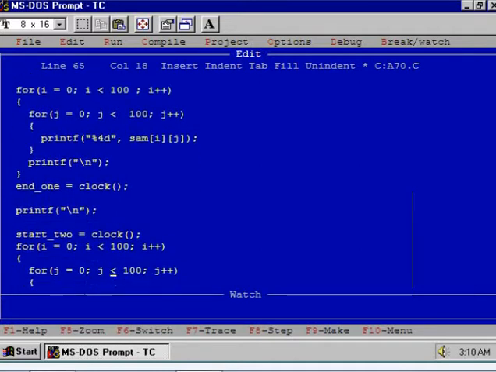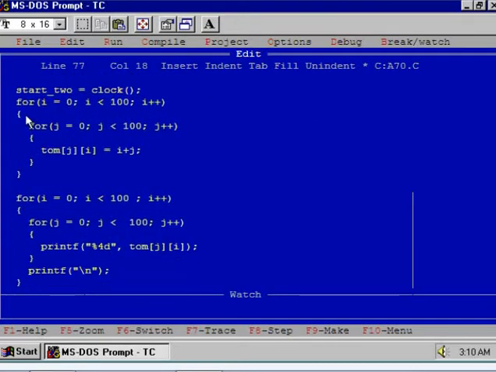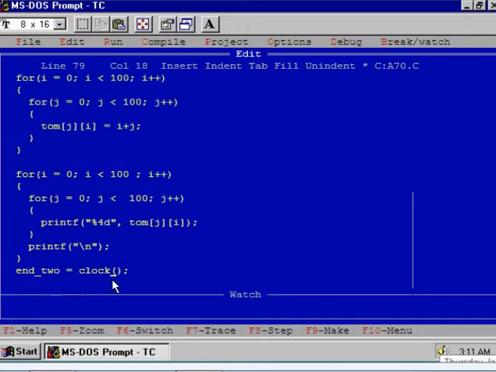Now again we will measure time for the second method. So start2 is clock, meaning clock will return the beginning time for execution of this part of the program, and at the end we will store end2 equal to clock. Clear?